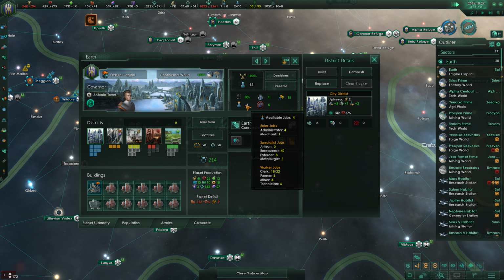Procyon Secundus requires a job, and this is a Forge world here. We'll just give it a civilian Replicomplex. Umzara Secundus is a mining world, allegedly, but it's also kind of a science world. Kind of. But it's mostly a mining world. We'll give it a research complex for now, and we're actually...